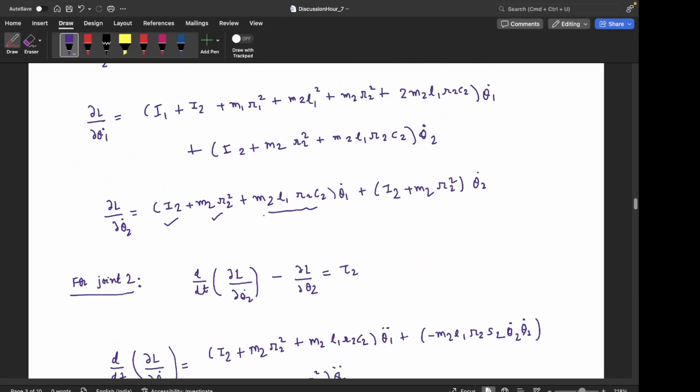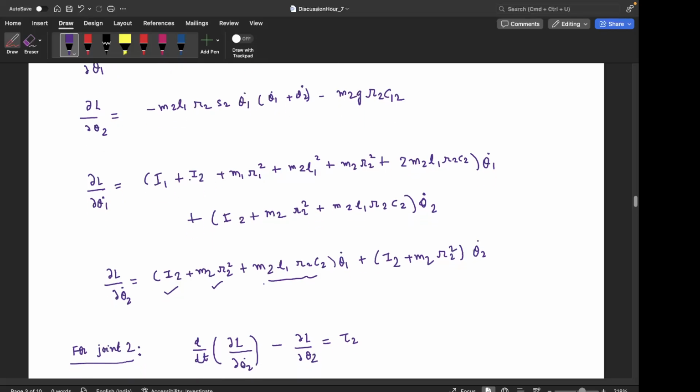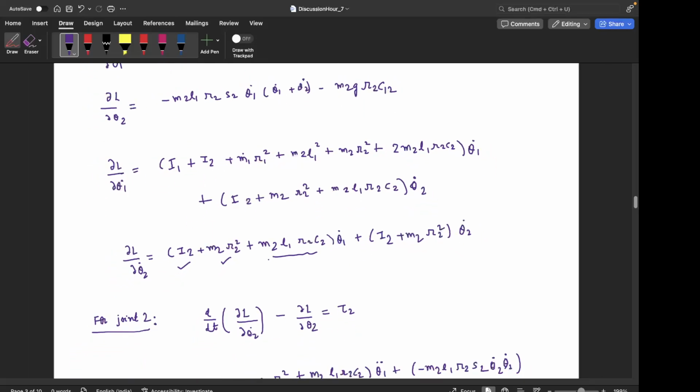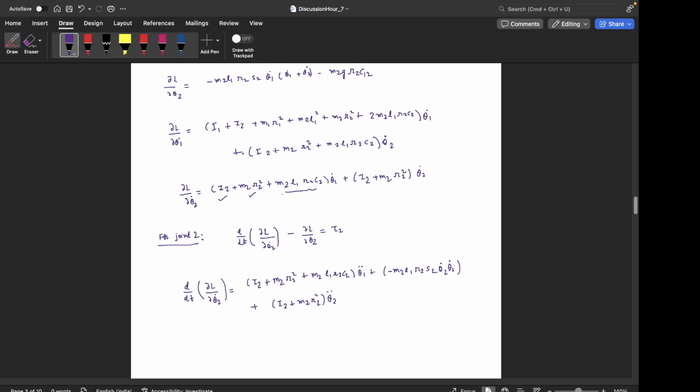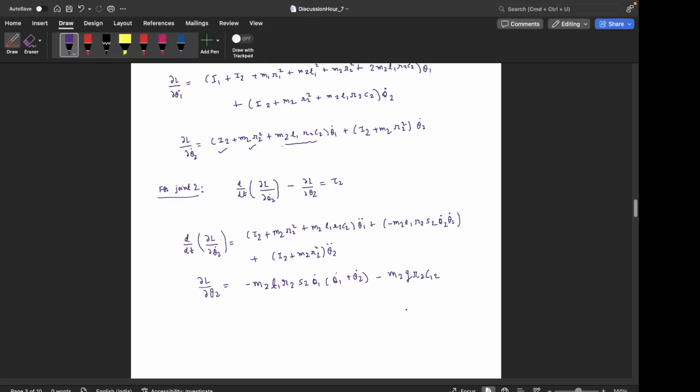Okay, so the other term is del L by del theta 2, which I can just rewrite down again. Del L by del theta 2 is equal to minus M2 L1 R2 S2 (theta 1 dot plus theta 2 dot) minus M2 G R2 C12. Okay,